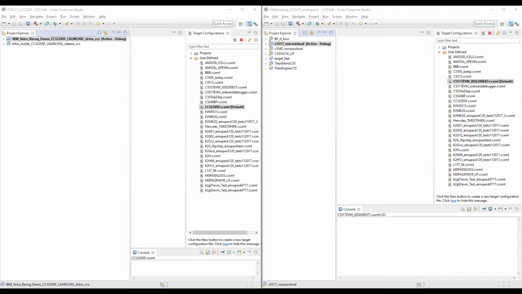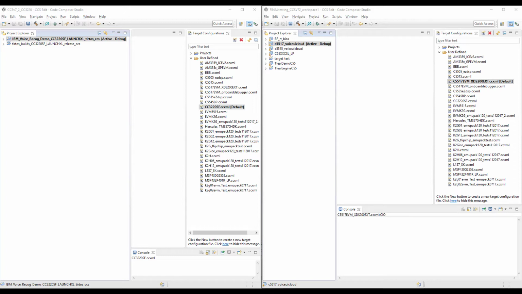Let's now switch gears to getting set up with Code Composer Studio, CCS. In this case, the left instance of CCS is set up for the CC3220 and the right side is for the C5517. Ensure that you have the relevant CCS projects imported into the CCS project workspace as described in the TI design guide. There are two ways to run the binary on the CC3220 Launchpad.